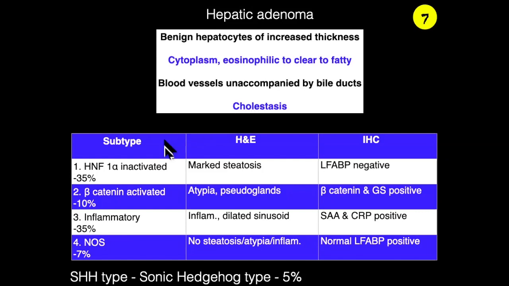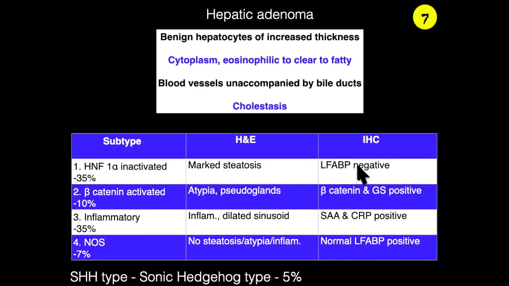People have started subtyping the adenoma depending upon the molecular features. There are 5 types you have to remember: hepatic nuclear factor 1 alpha inactivated, beta catenin activated, inflammatory type, NOS type, and the newly identified SHH type or Sonic hedgehog type. I have put the incidences here. The most common are hepatic nuclear factor 1 alpha inactivated and inflammatory. When you see a hepatic adenoma with marked steatosis, think of HNF1 alpha inactivated, and here liver fatty acid binding protein